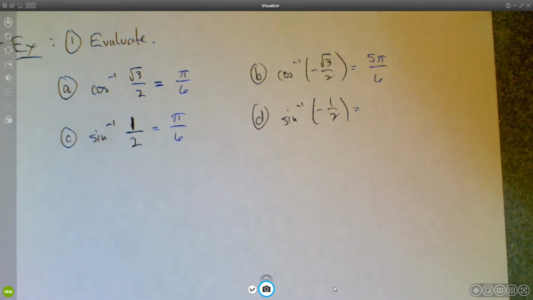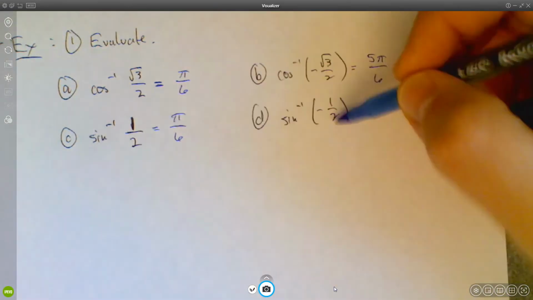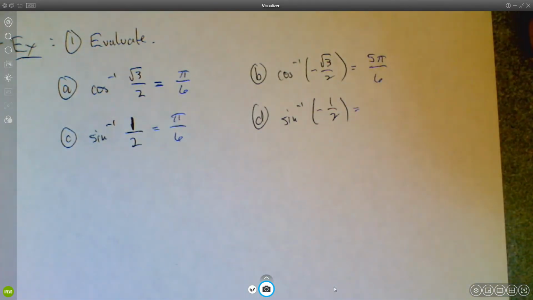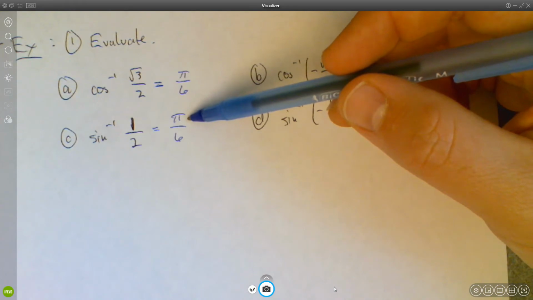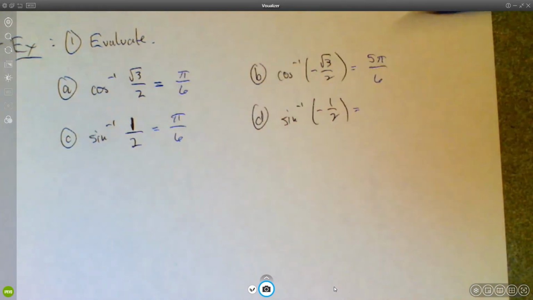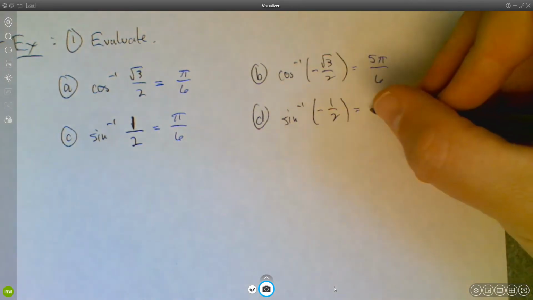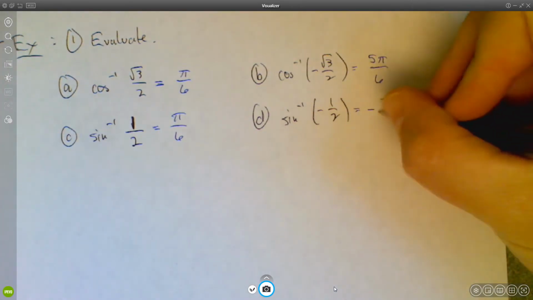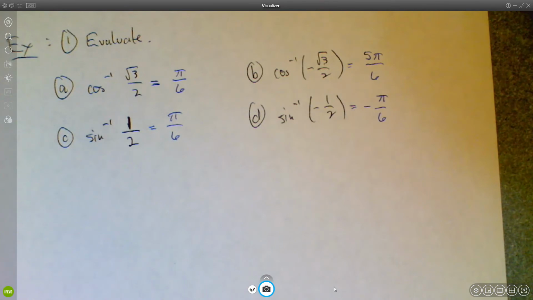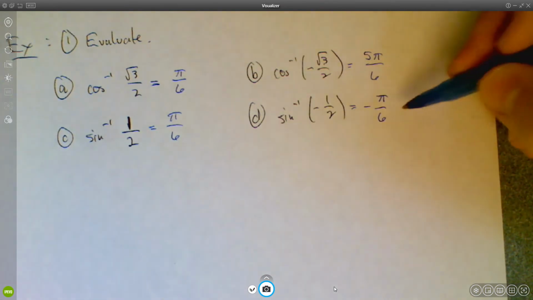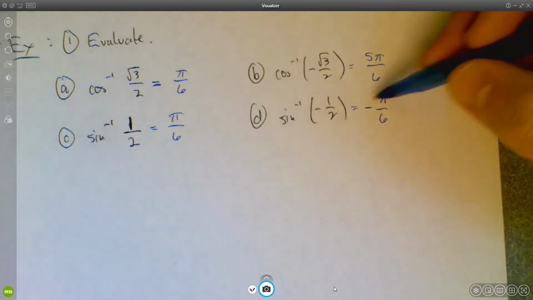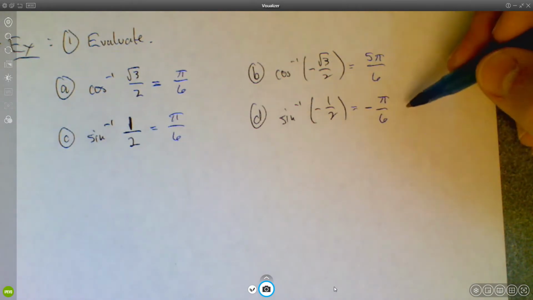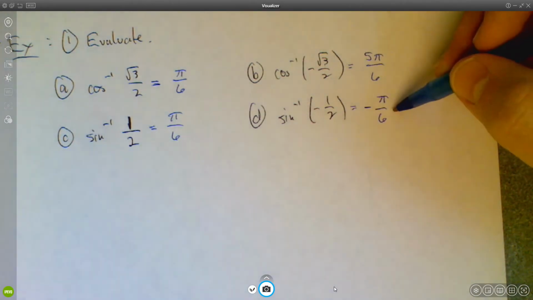So sine inverse of negative 1/2. Remember that sine is an odd function. So sine of pi over 6 equals negative sine of negative pi over 6. So in other words, sine inverse of negative 1/2 should be negative pi over 6. And negative pi over 6 lives in that interval. It lives between negative pi over 2 and pi over 2, and that's why that's the correct answer, and not